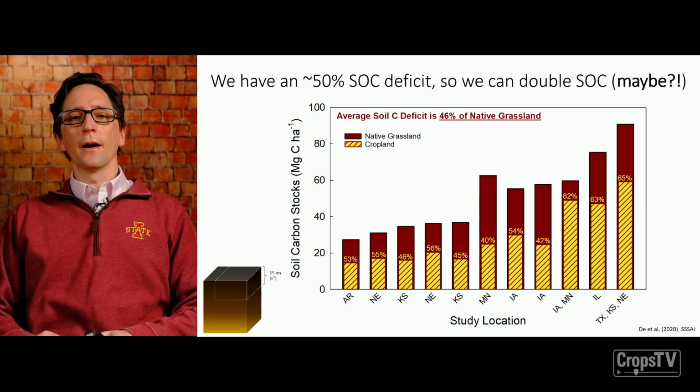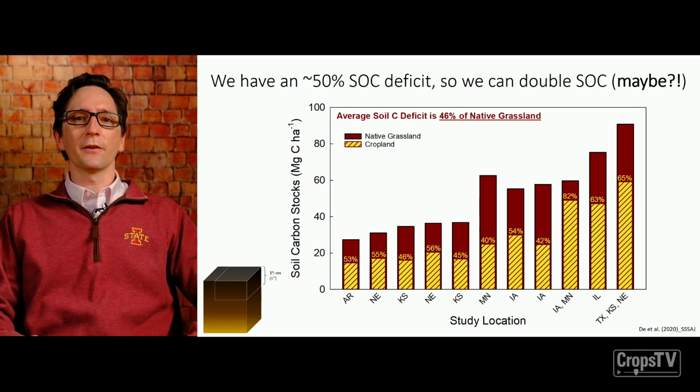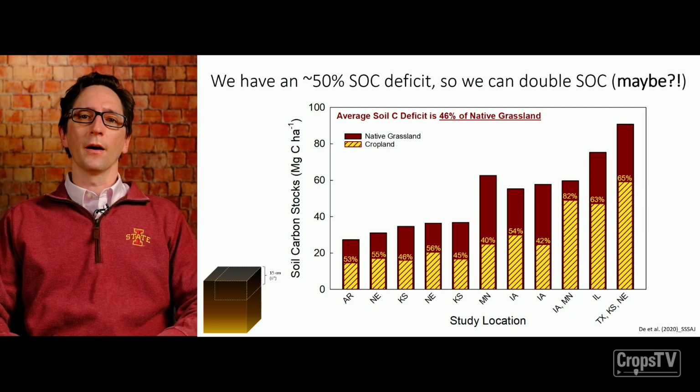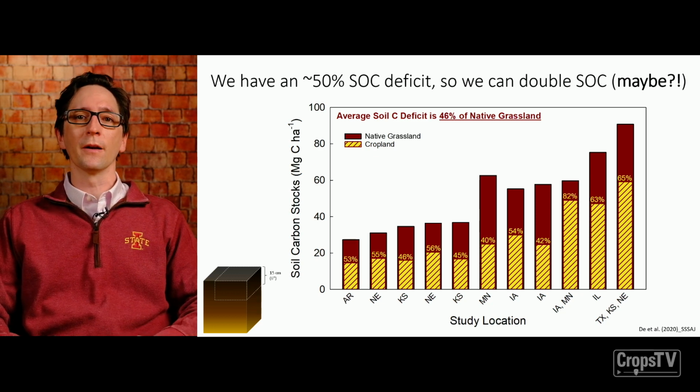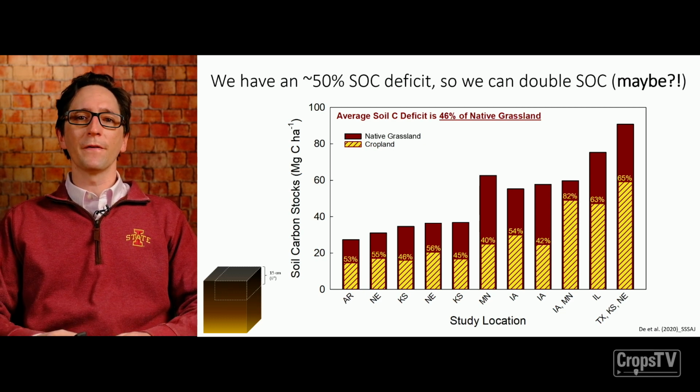Okay, so now I'm going to talk a little bit more about research. I've talked about some hypothetical data. I showed some old data on soil pH just to show a little bit about inorganic carbon, and some soils can have high inorganic carbon. Now I'll show you where I have gotten those numbers of about 50%